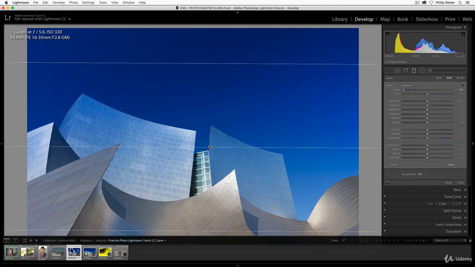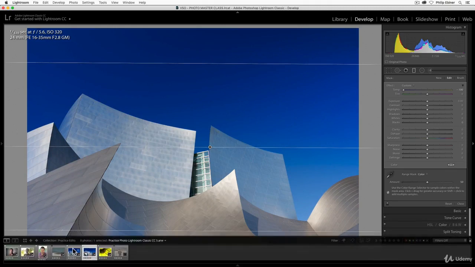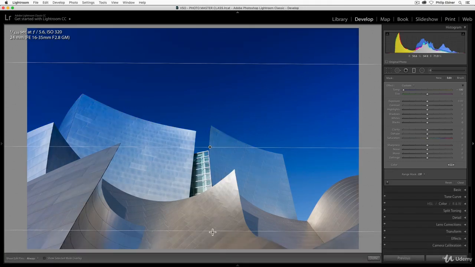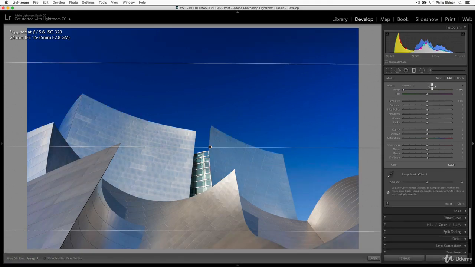Here's the first one. Here's the second one. What changed? Well, a lot of the Walt Disney Hall that is the silver is now not being affected by this graduated filter, which is cool because adding this filter to make the sky look bluer, if it applies it to the buildings in the foreground, it just looks fake. It doesn't look real. But this one itself looks a lot more real. And I like that it is just being applied to the sky now and not as much to the silver below.